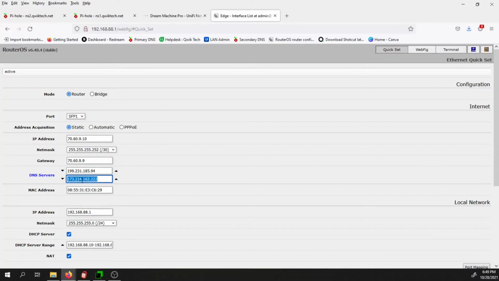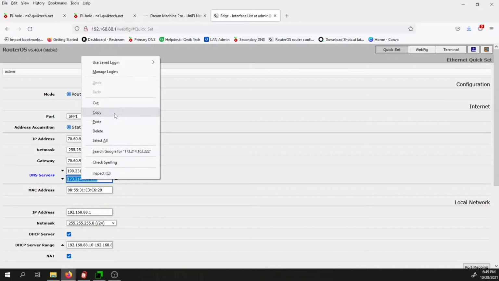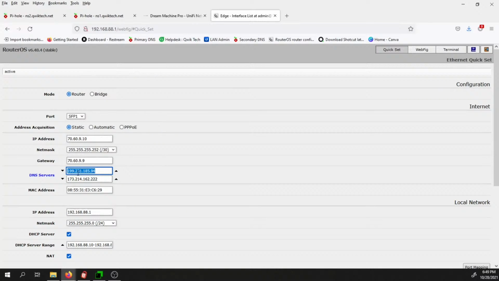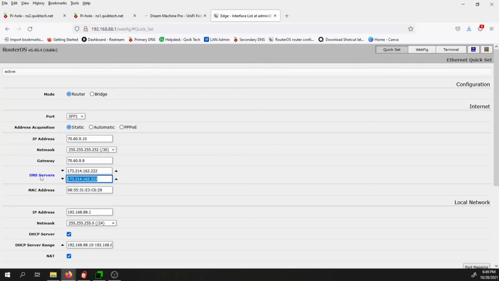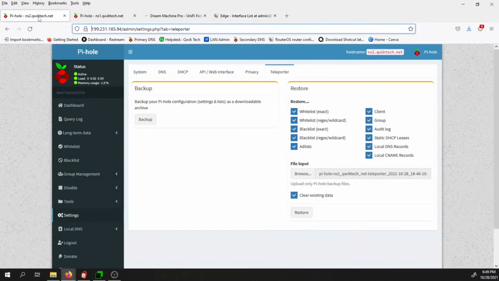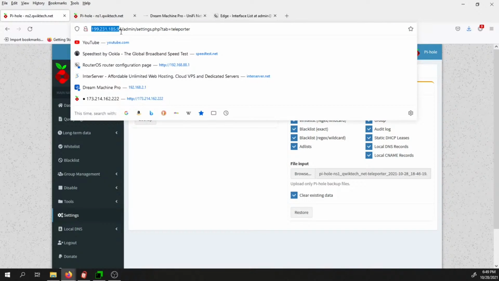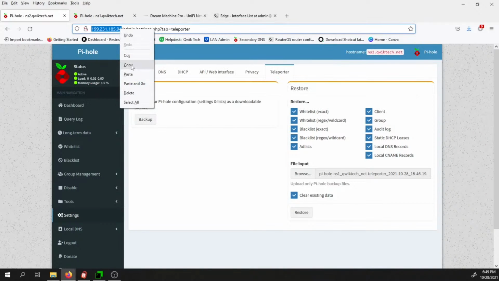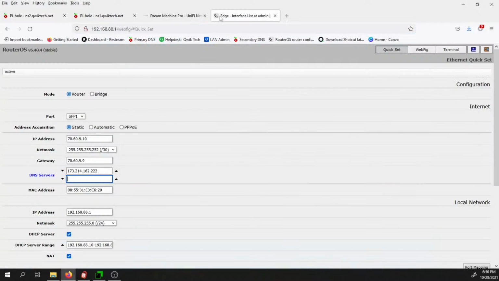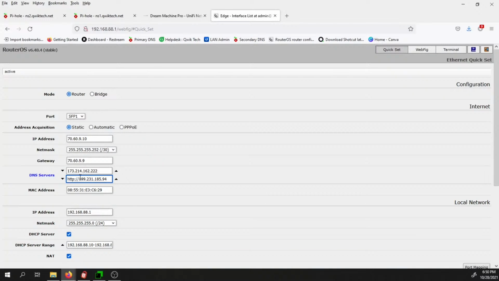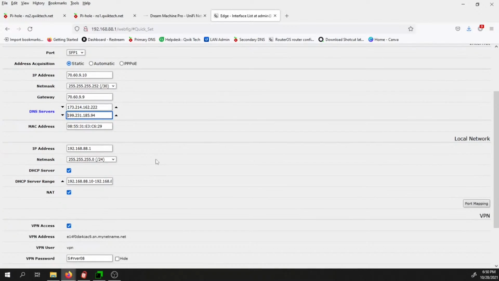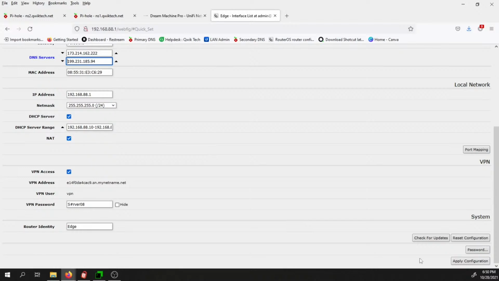Actually, we're going to do it this way, so that way everything kind of matches. And then let me go back over here and get my 199 server, and then I will highlight it, copy it. Now come over to that, I will click paste. Make sure I remove the HTTP out of that address,